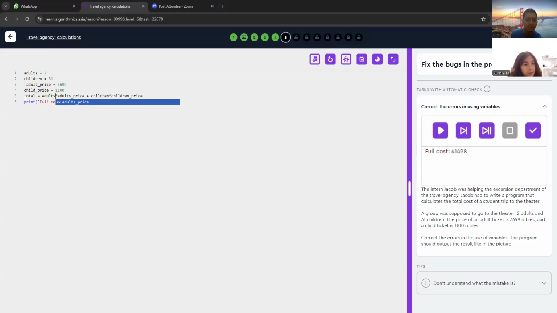Adults times adults play. Okay, just be careful with this part. It has an empty space.